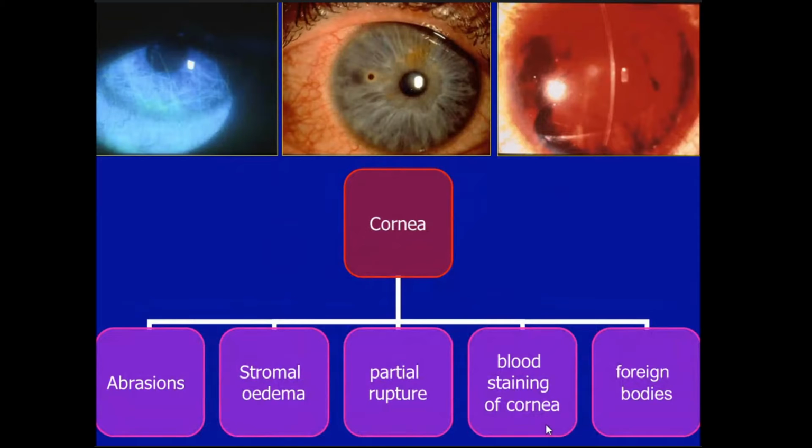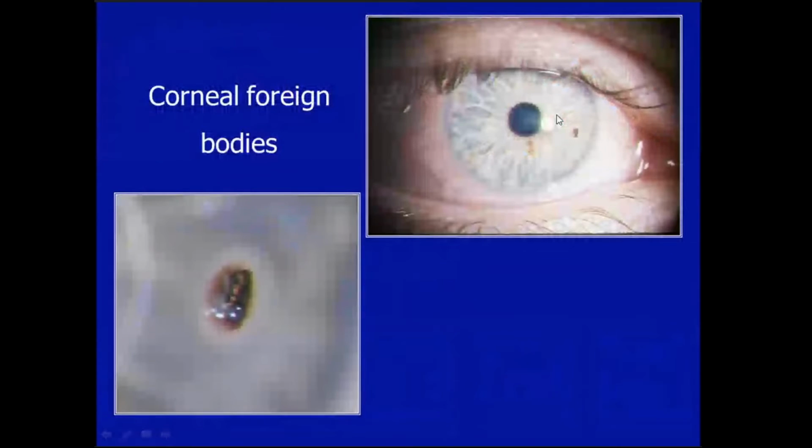Cornea. I have already mentioned that maybe abrasion, stromal edema of the cornea, partial rupture, blood stain of the cornea when blood enter into the cornea, and cornea foreign body here. Look on this picture. You can see the corneal foreign body. On this picture, you again see the corneal foreign body